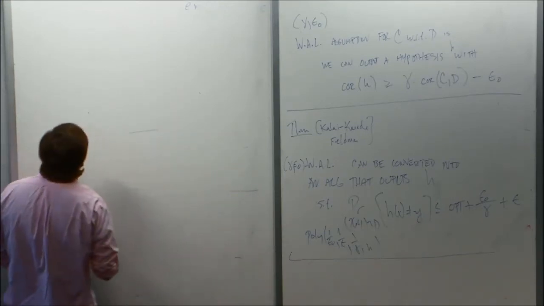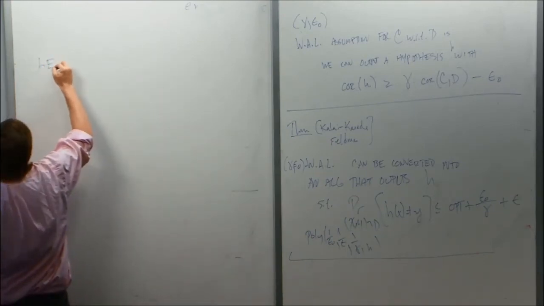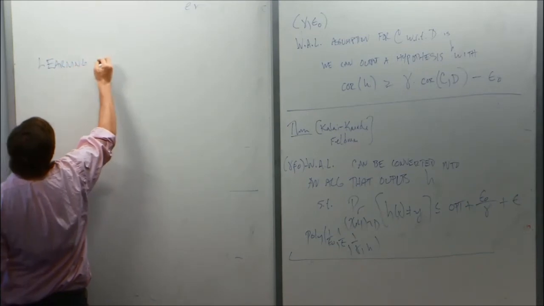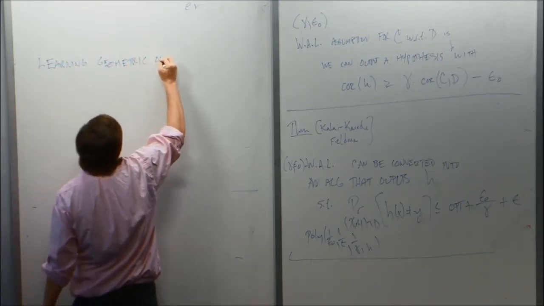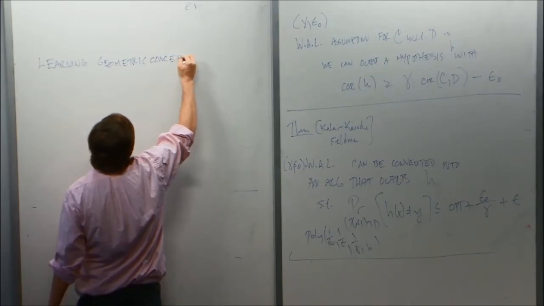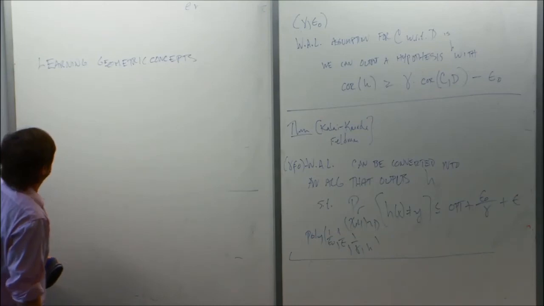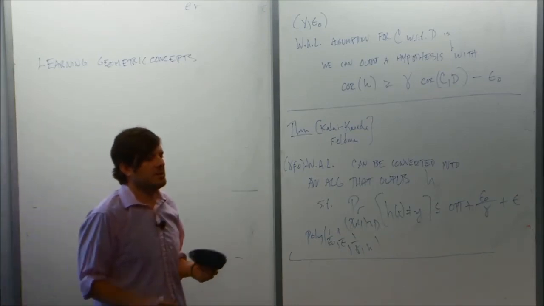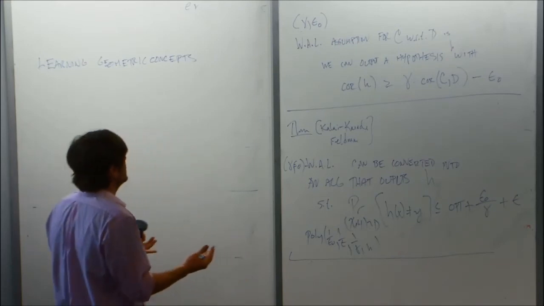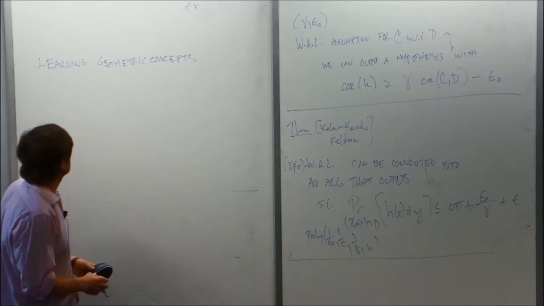And what I want to talk about now, I want to move on to learning geometric concepts. Okay, so at the beginning of this mini course, we talked about learning decision trees, in part because that's what a lot of people in data mining do. They try and find a decision tree that is consistent or reasonably consistent with the data set.